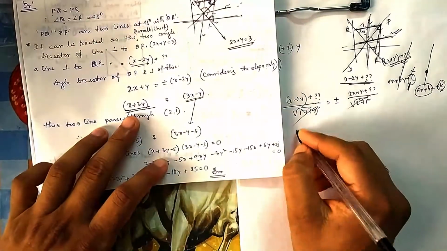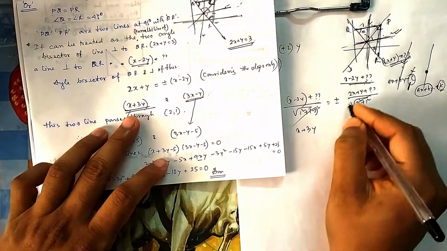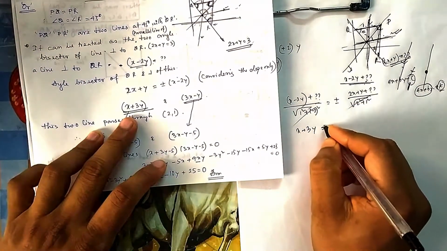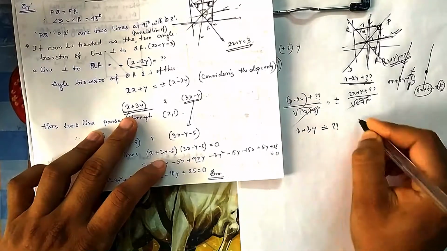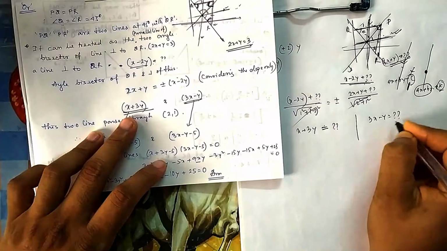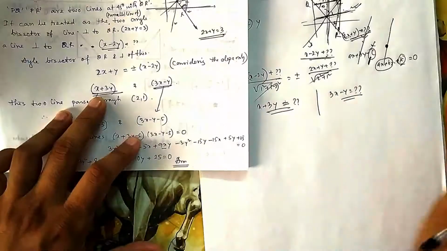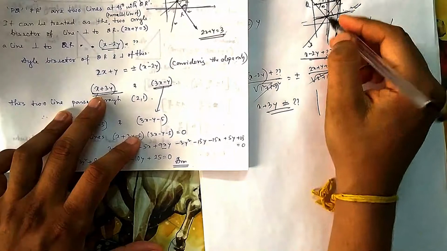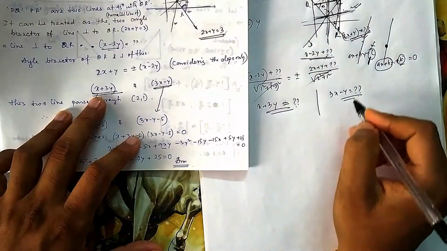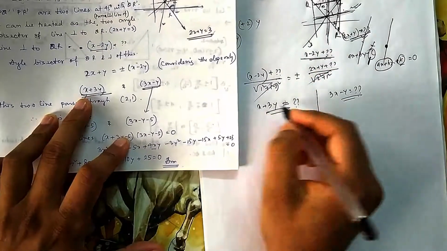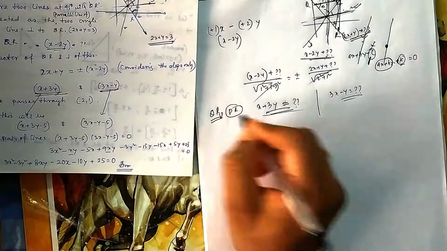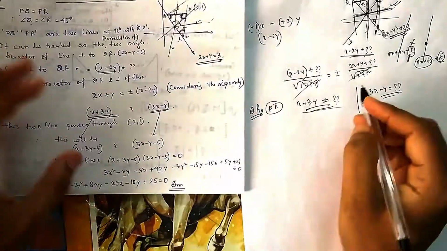So what are the equations I am getting? x plus 3y, suppose if I take plus, then it is coming to this one, equal to some constant. Another one, 3x minus y is equal to some constant. So these are the equations of this line. So parallel to this will be the same with another constant, another constant. Okay. So we can say these lines are representing PR and QR. Okay. Now you need this constant.